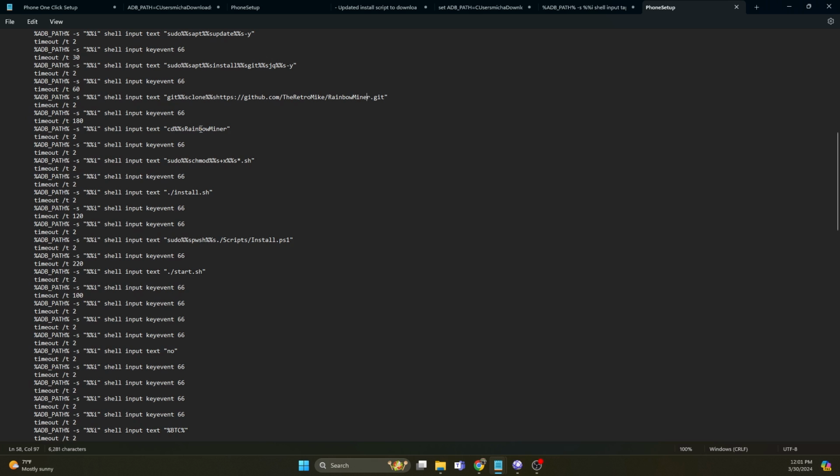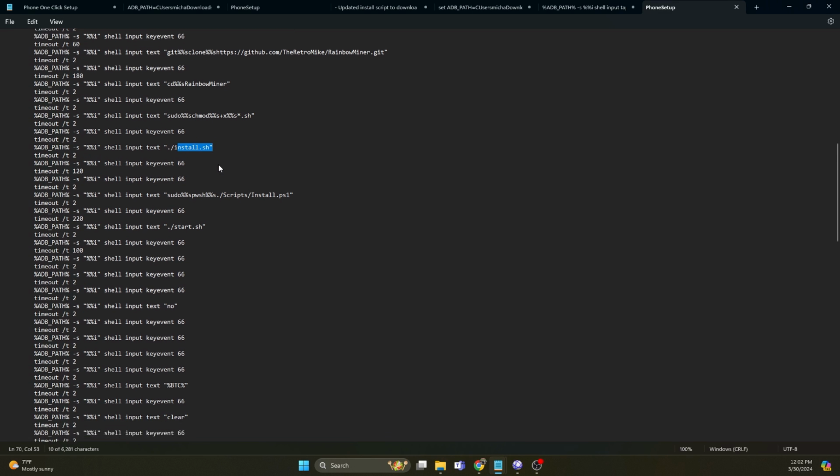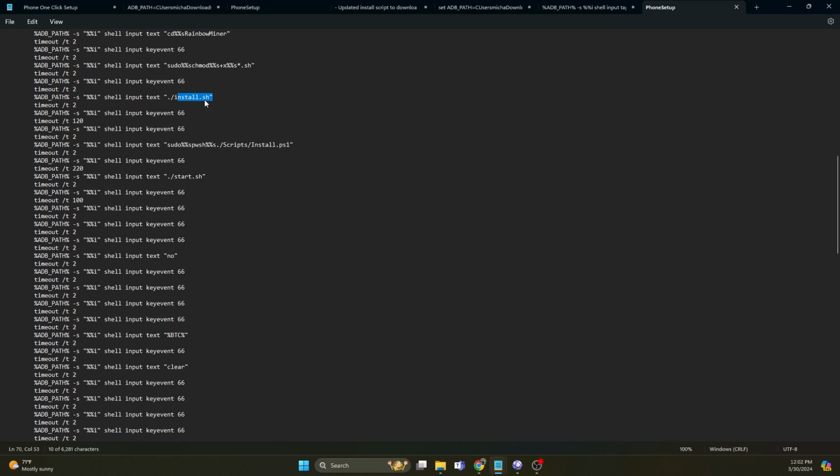And then we're going to move into the RainbowMiner folder. We're going to do a chmod +x on all of the shell scripts. And then we're going to run ./install.sh. This is going to install PowerShell into userland. And then we're going to run sudo powershell